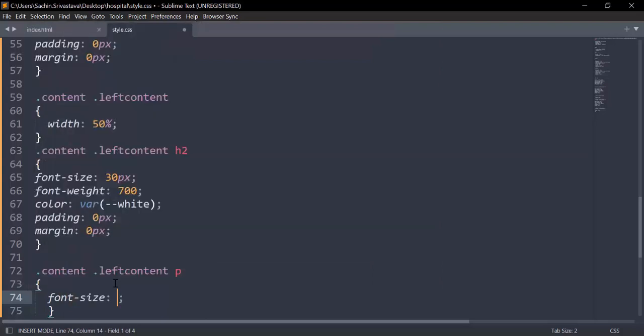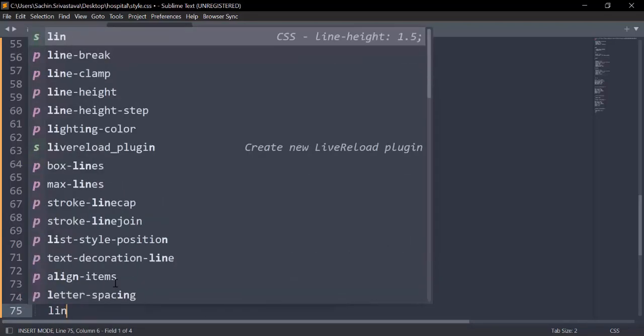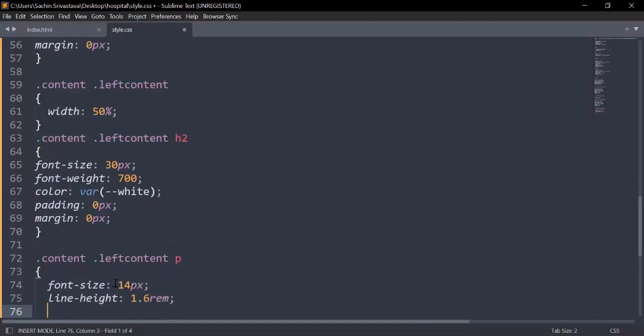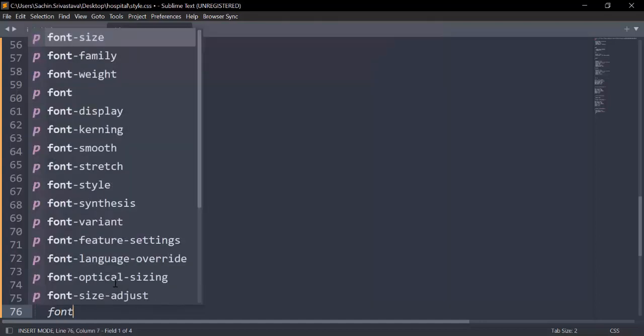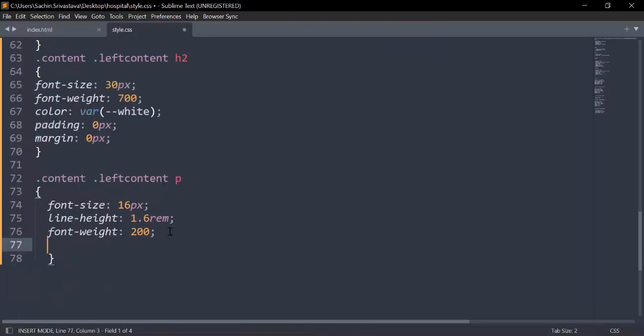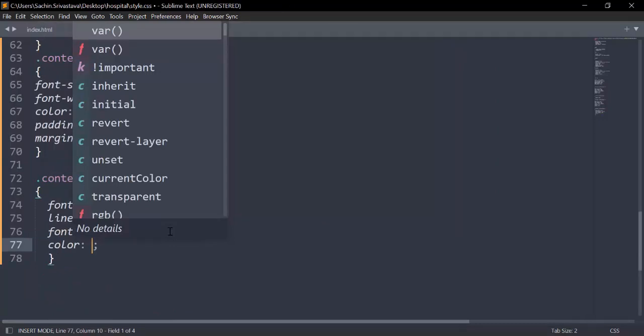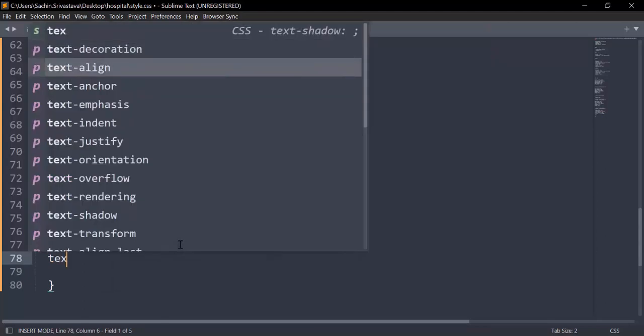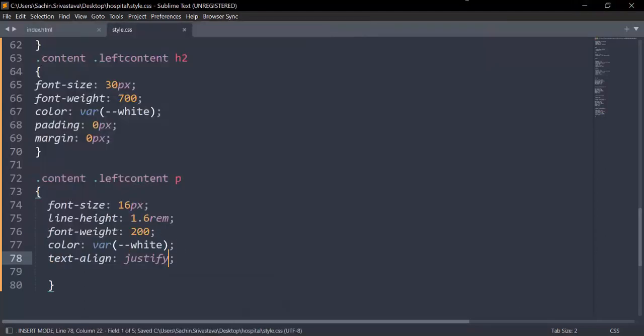Font size 14 px, line height 1.6 rem, and also we need to put the font weight 200. Okay, color variable white, text alignment justify. Okay,